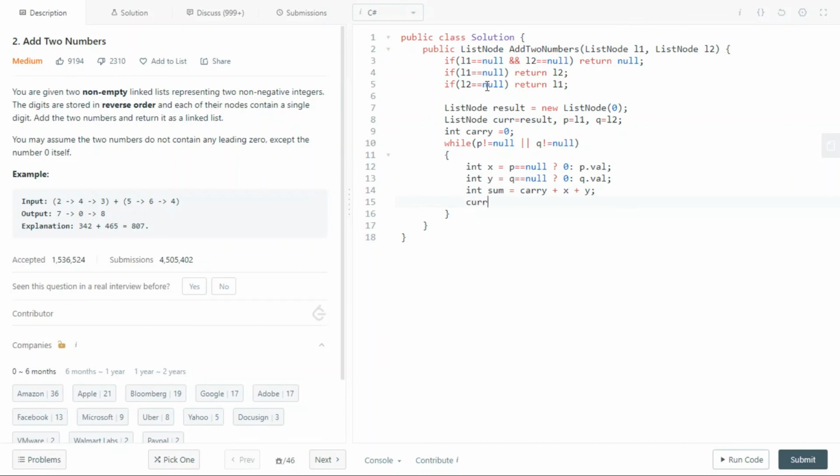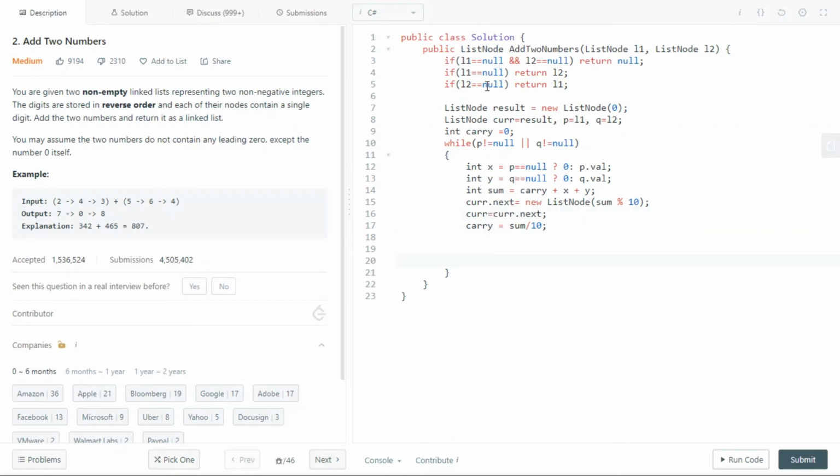Okay, and as we discussed, current dot next, we are going to create one ListNode, and we are going to add the sum value, and our carry is going to be sum divided by 10.